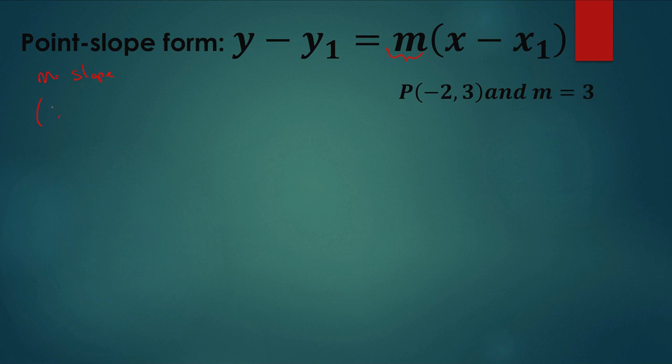So the x1 and the y1 are the only ones you replace, right? So y1, x1, we actually replace with an actual number, with an actual point, right? The y and the x that you don't replace, that you leave and don't touch, that still have to be part of your equation,